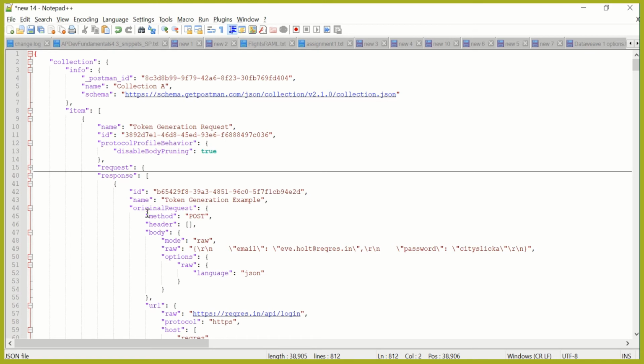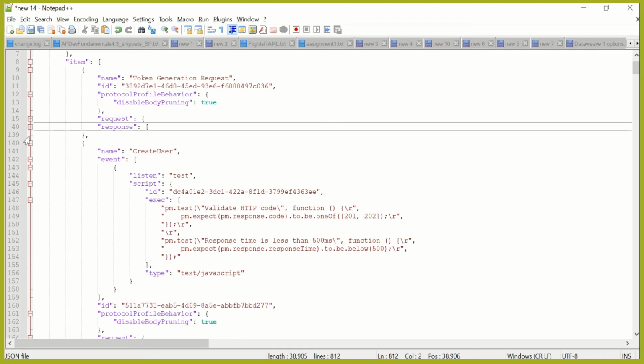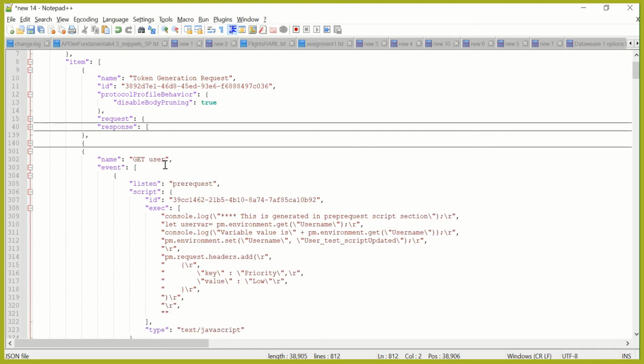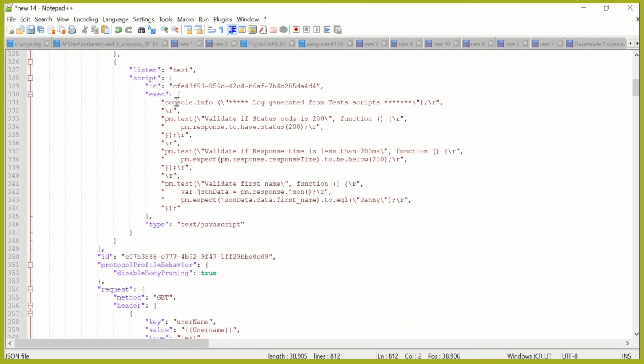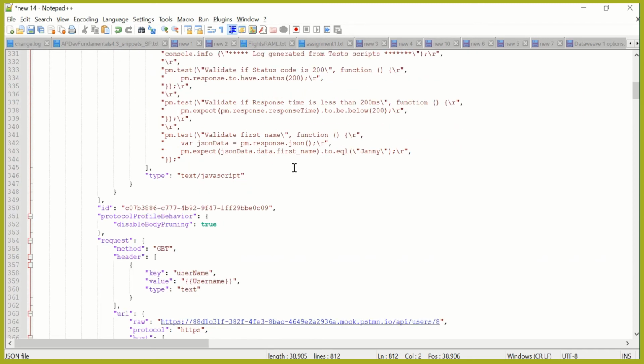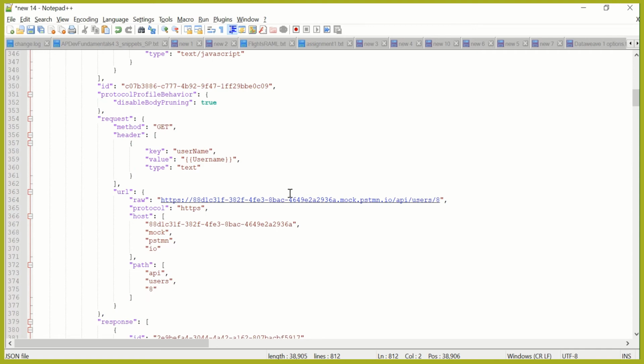Then we have the response, which is nothing but the examples that we have added. Similarly we have create user, and for create user also we have the request and response, and lastly the get user, for which we had created 4 examples. For this also you can see the scripts that are in the test tab in our Postman. So whatever information you see in the Postman GUI, you can get all of it using this particular get collection call.